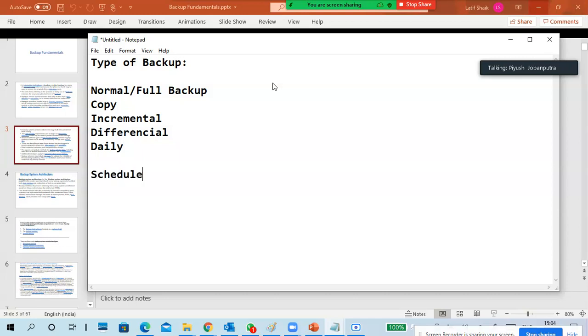Schedule is not a type of backup, but we are able to schedule the backup at different intervals. Like we can schedule on a particular time, on an hour basis or a minute basis, hourly, minute wise. I'm getting second wise is not there. Day wise. Okay. Weekly,